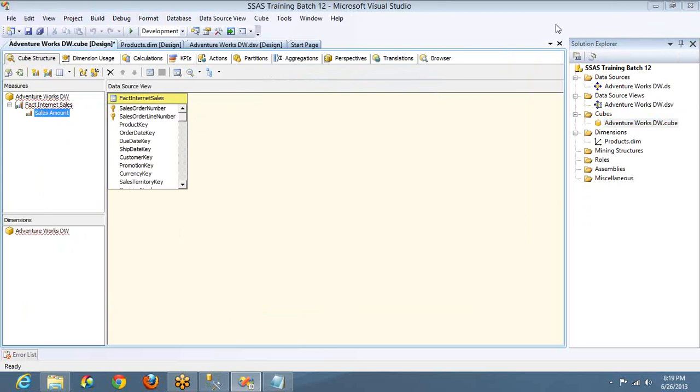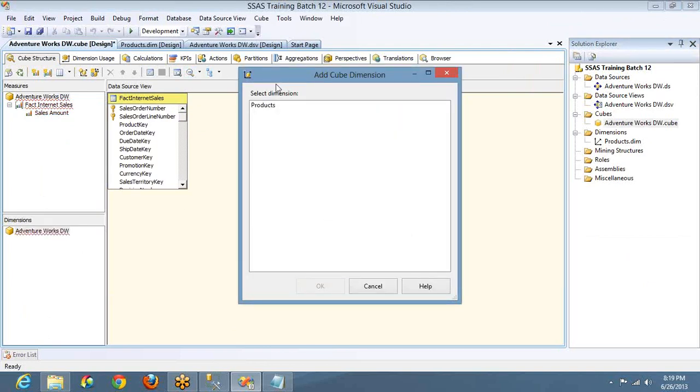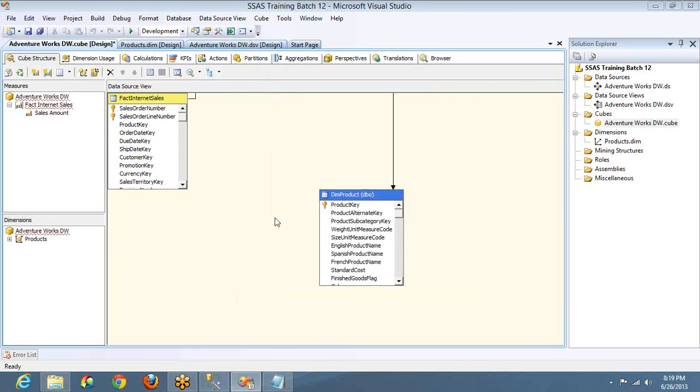Now, is it done or do I need to do anything here? If you see here, the dimension is added to the dimension folder, but it should be added into the dimension section if you want to use it as part of this cube. So if I select this, then it is completed.